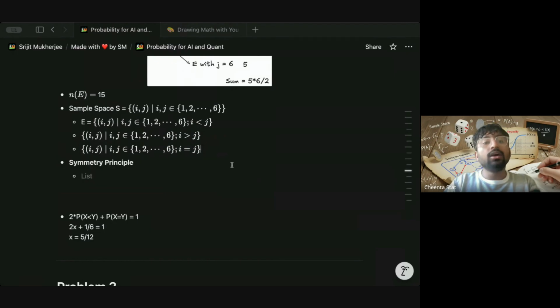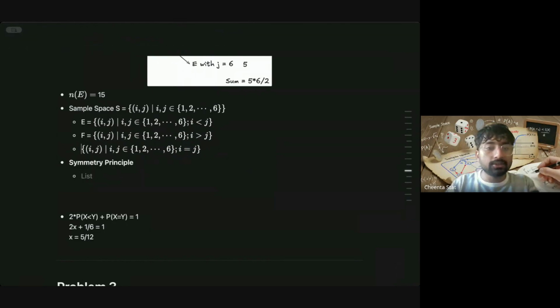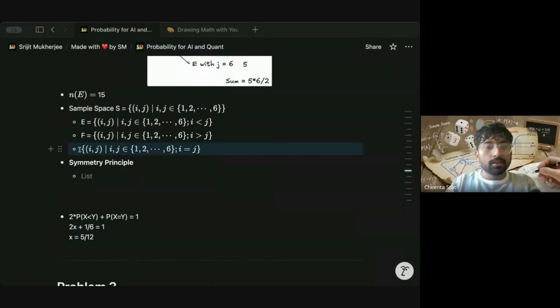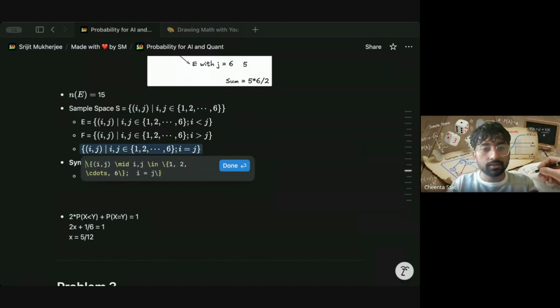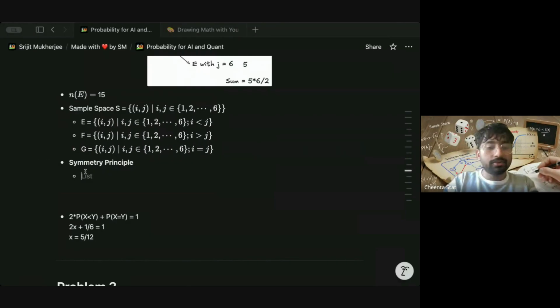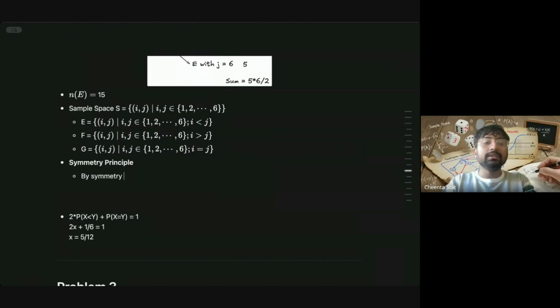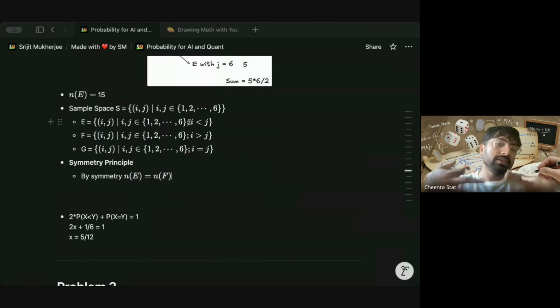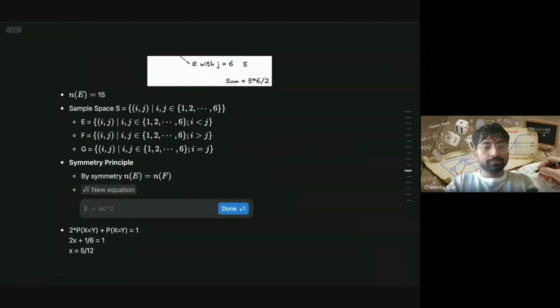These three. Now the beautiful thing is that let's call it F and let's call it G. The beautiful thing is that by symmetry, n of E should be equal to n of F, right? Because I and J are interchangeable, because they are fair, independent dice. The probabilities of I less than J and I greater than J are the same. You just replace the I and J variables. So n of S is nothing but n of E plus n of F plus n of G,